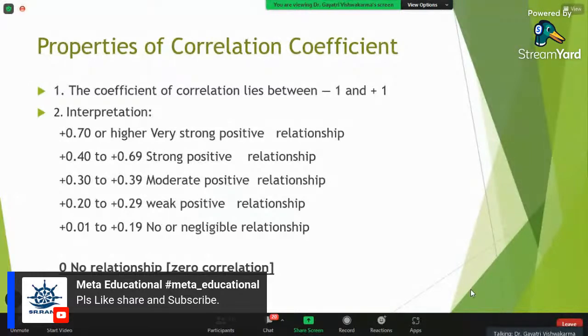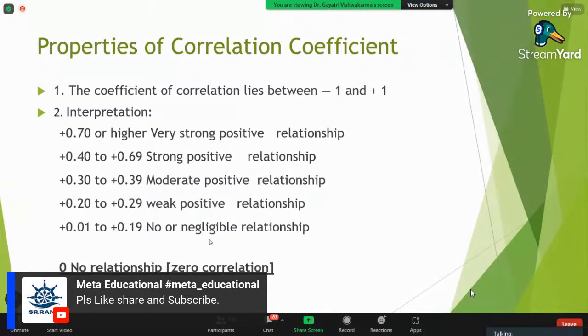If they are between 0.4 and 0.69, that means a strong positive relationship. If it is between 0.3 and 0.39, that means a moderate, weak positive relationship. When we get a correlation of 0.01 to 0.19, it is a negligible relationship. We will not recommend, if you have such a small relationship between two variables, that you try to find the cause-effect relationship or do regression analysis.